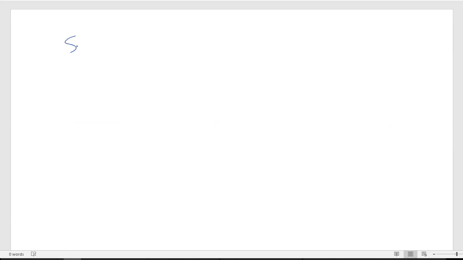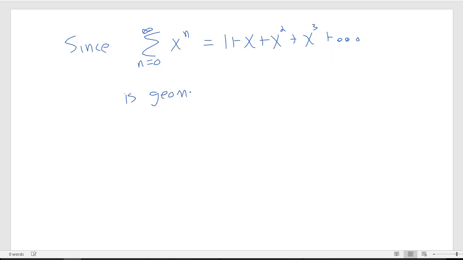So I'm going to write that down: since the sum of x to the n, my infinite series, is geometric with common ratio equal to x,